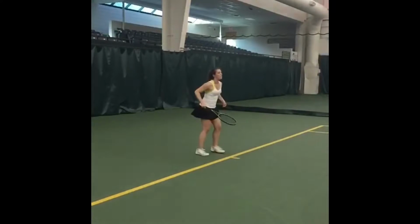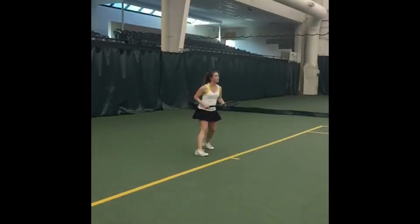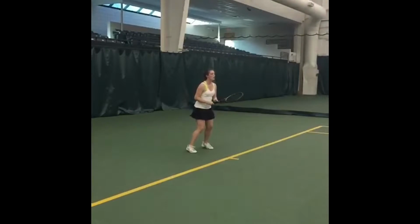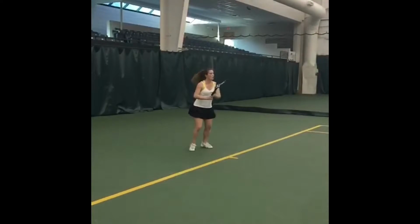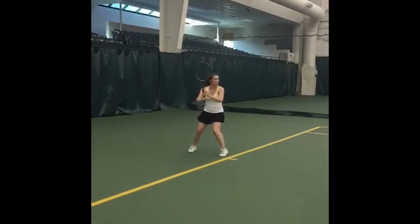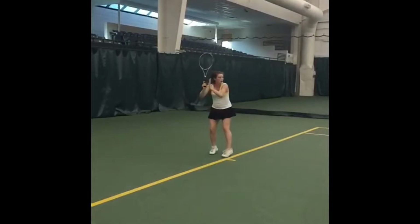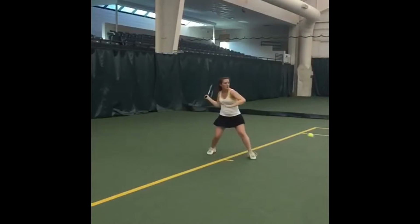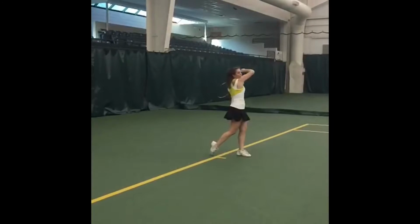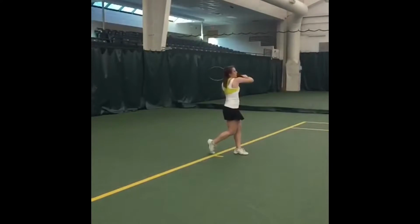Also, my friend tore her ACL in her knee, and so she had to have surgery on that based on just sliding for the ball so much. Also, I've had friends tear rotator cuffs from serving and taking the racket so far back. Many of my friends have numerous sprained ankles. And also, a lot of my friends have lower back problems, which is primarily due to them not stretching out